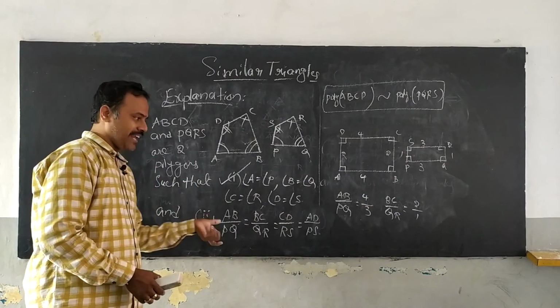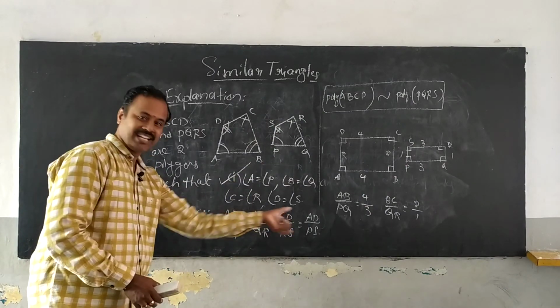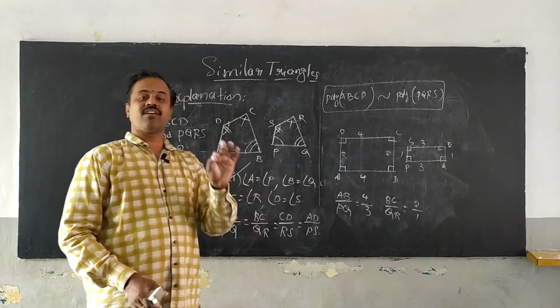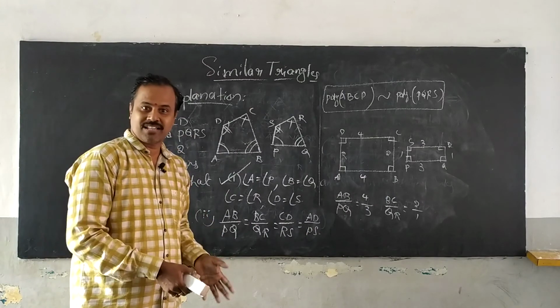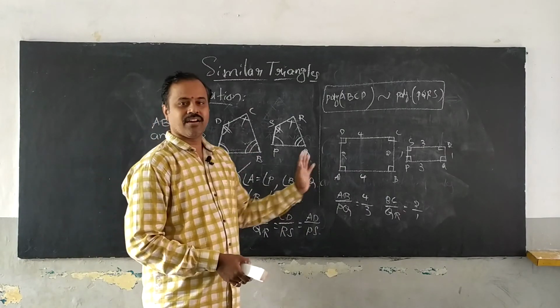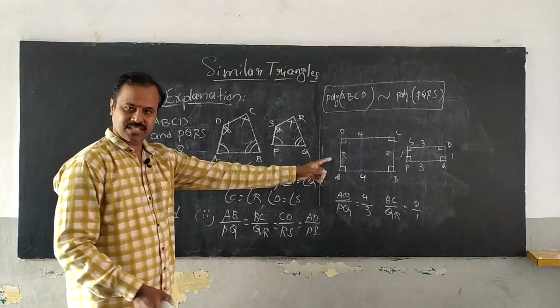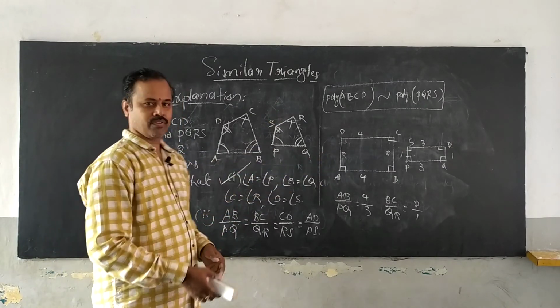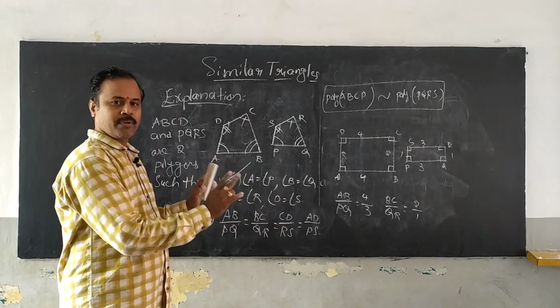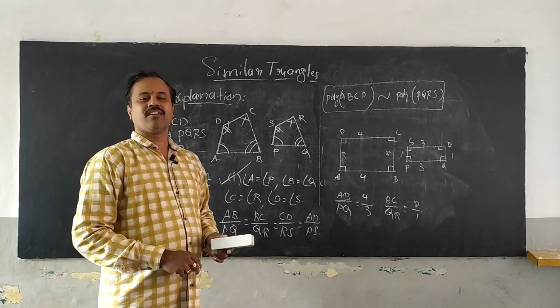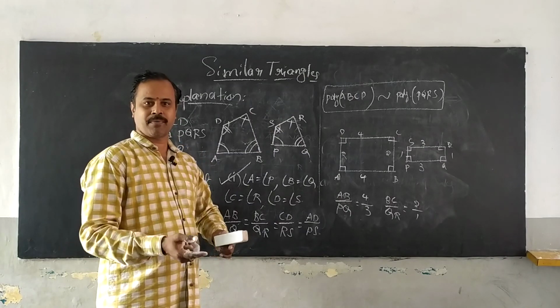So because the rectangles cannot satisfy the second condition, we say that two rectangles will never be similar to each other unless we make their ratios equal. Did you understand this one? Example 5. Very good. Now by this, the topic of similarity has been started. Okay, right. I will give you the remaining part in the next video.